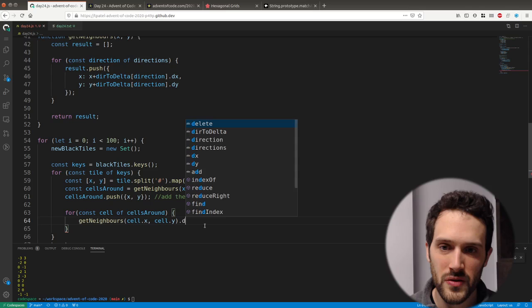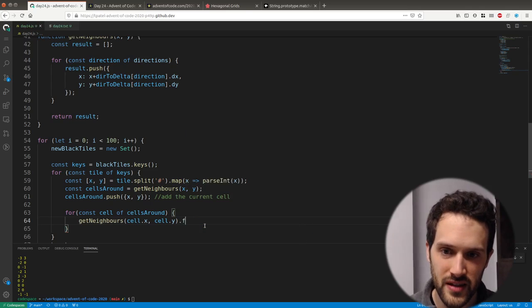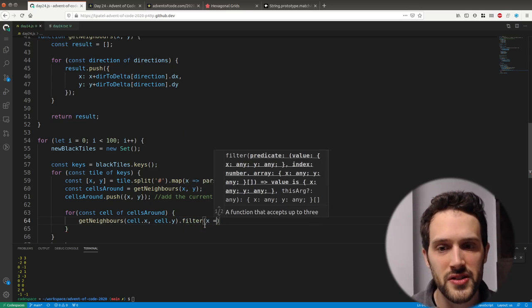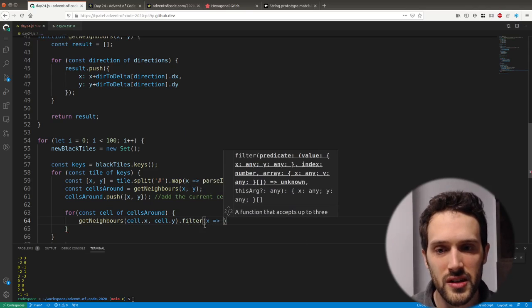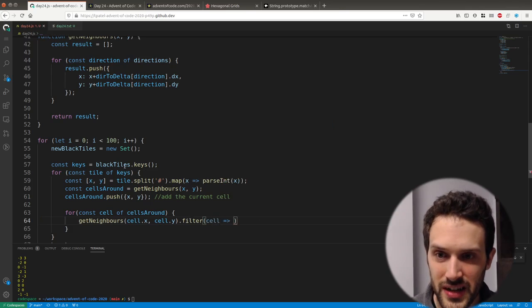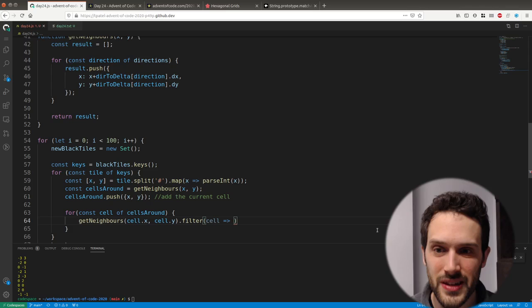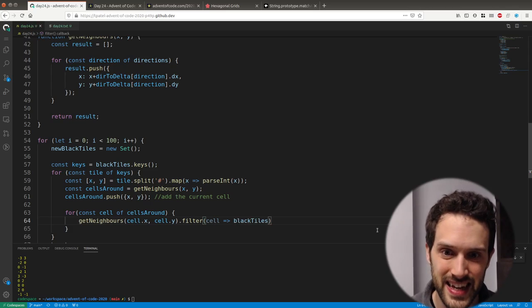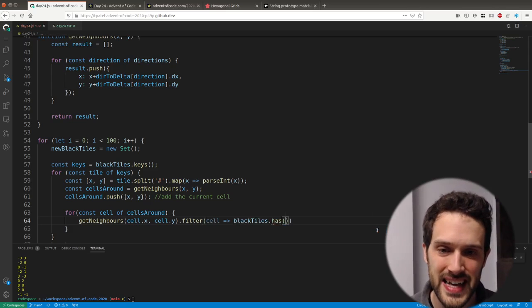And here we need to filter the neighbors so that we only get the neighbors that have a black cell. Black tiles that has